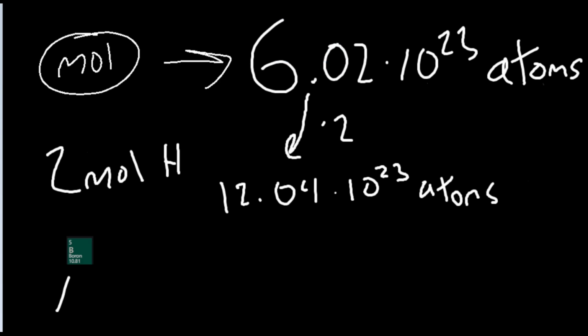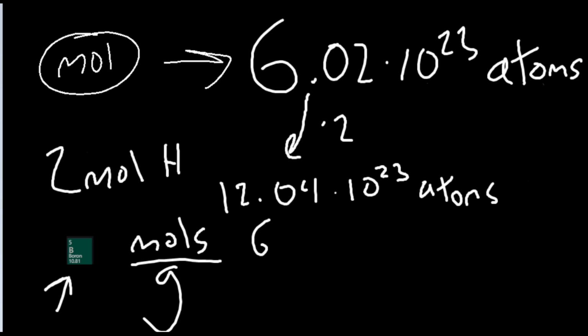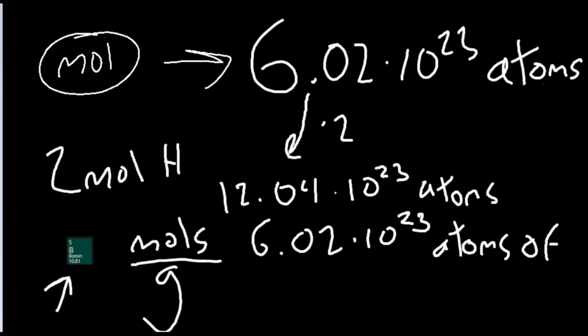So boron has a molar mass of 10.81. So the units of that are grams per mole. So this basically means that 6.02 times 10 to the 23rd atoms